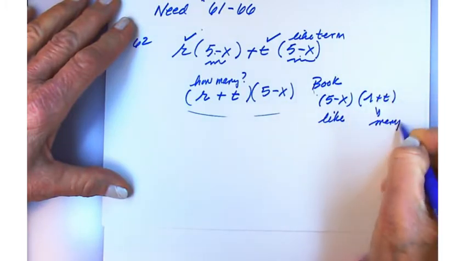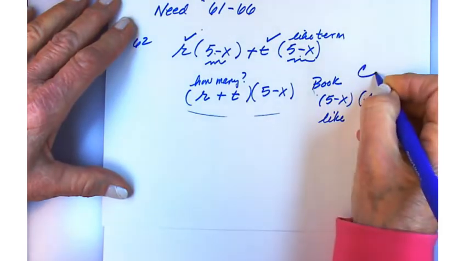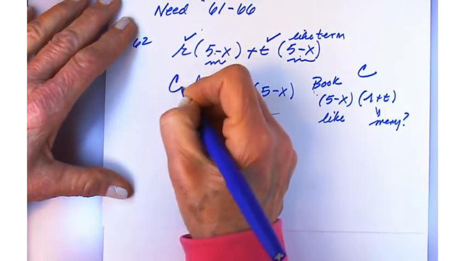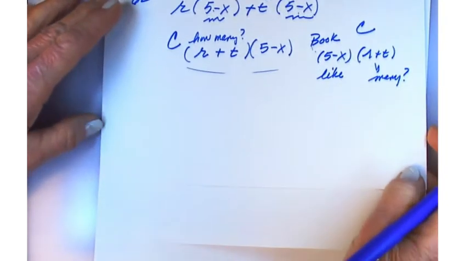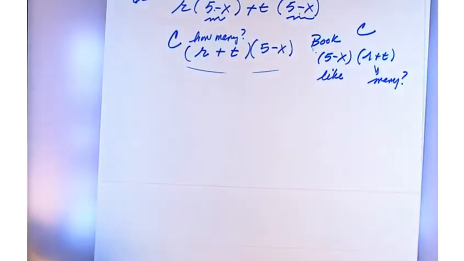So this is correct, 100% correct. I always do it like this, and then in front of it I put how many. It's your call, whatever way you choose to do that. So looking then at